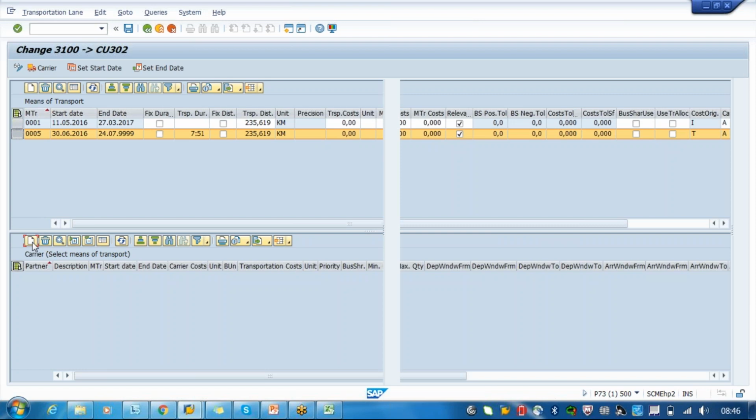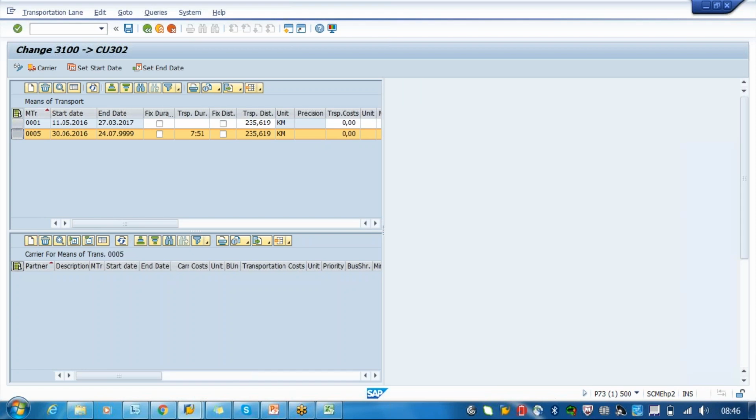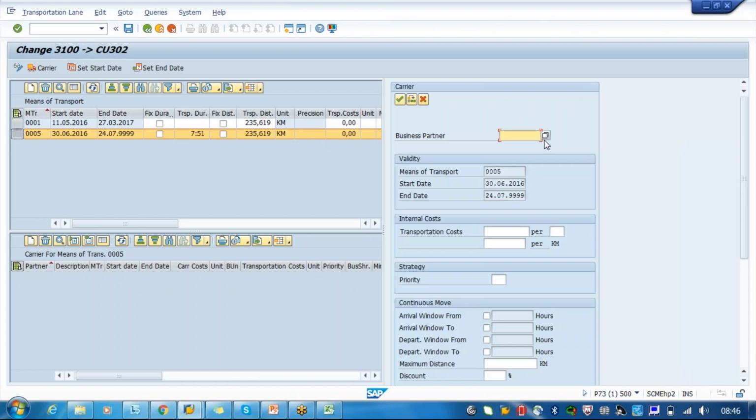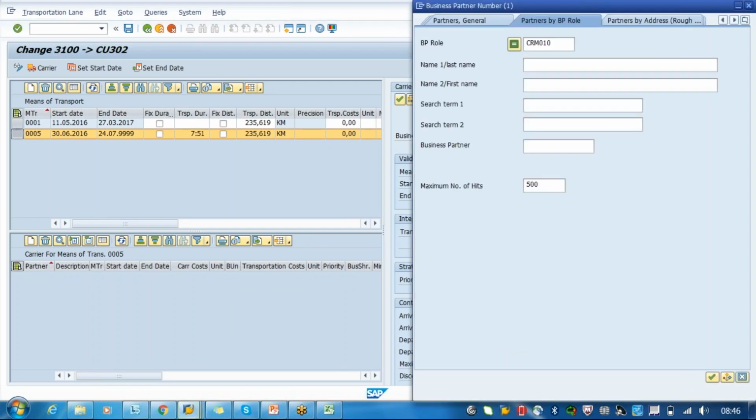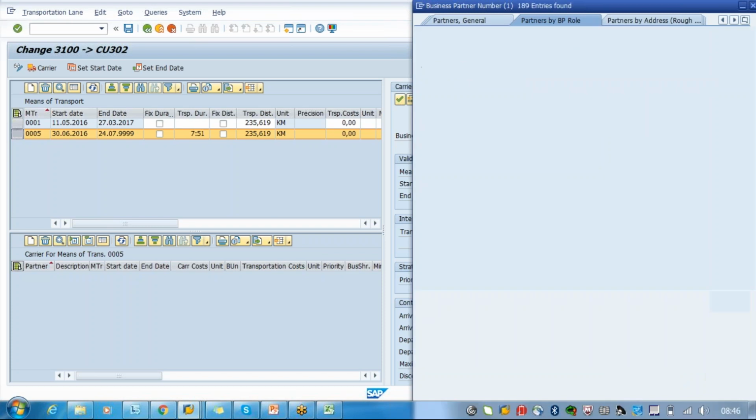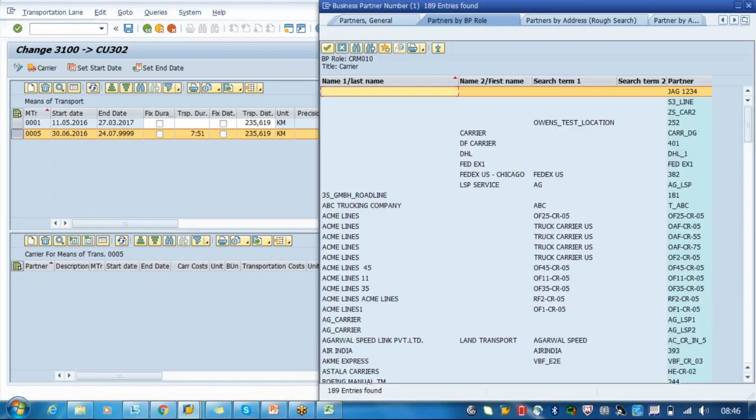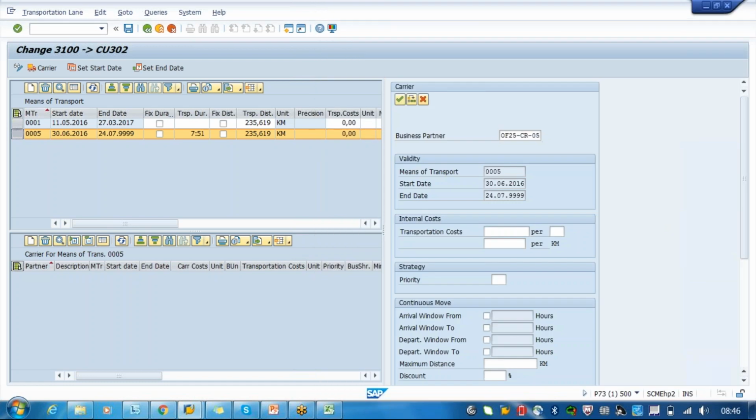Just choose and enter the carrier details. So who is the carrier? Anyhow, we are transferring the vendor master from R3, so that will be created here as a carrier. Okay, we'll just find one carrier who is available. Now this carrier, when he is operating on the means of transportation, will say 1000 rupees per kilometer.